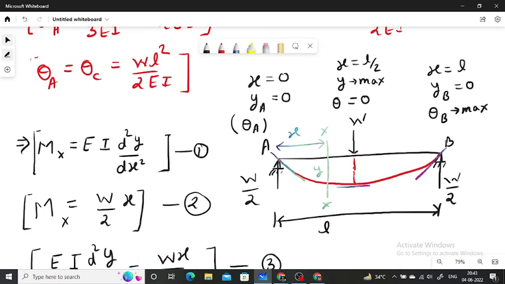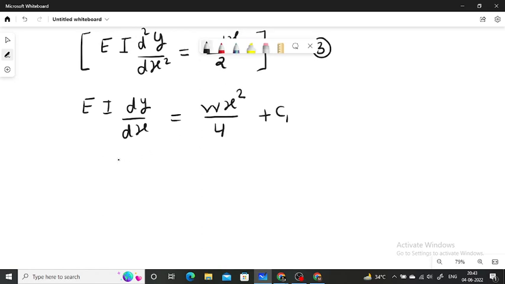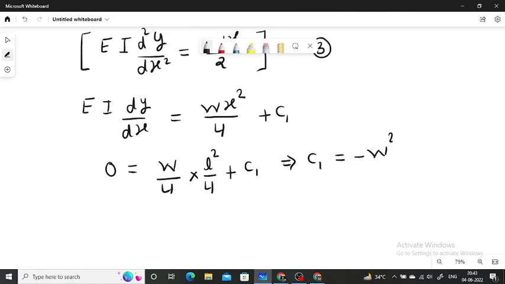Now here at x is equal to L by 2, dy by dx is equal to 0. Now applying this condition, W by 4 into L square by 4 plus C1 implies C1 is equal to minus WL square by 16. Now putting this value in equation number 4,